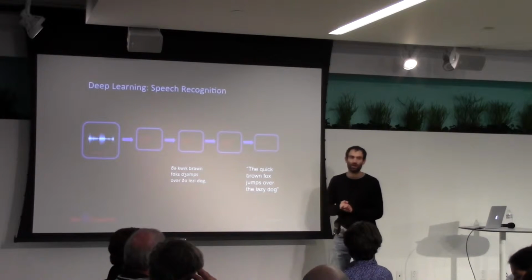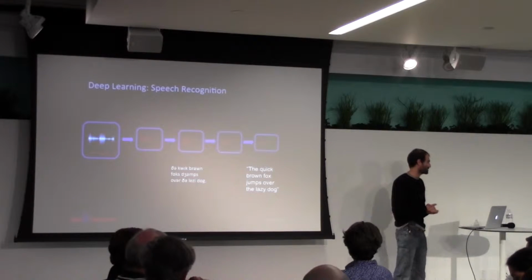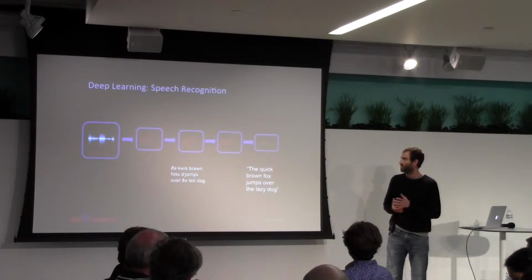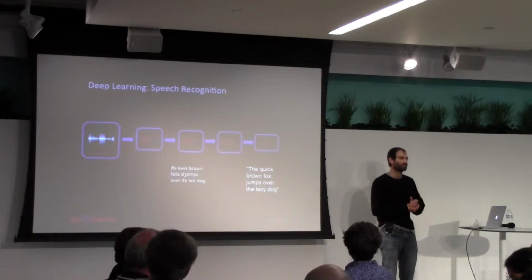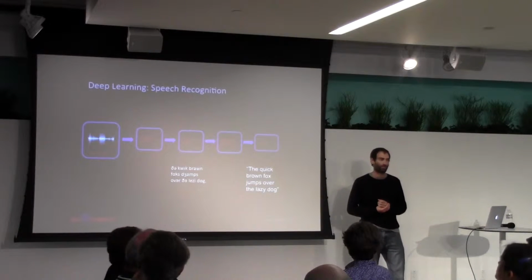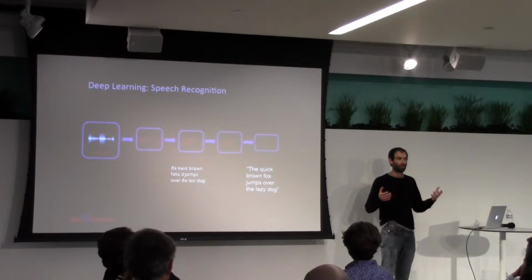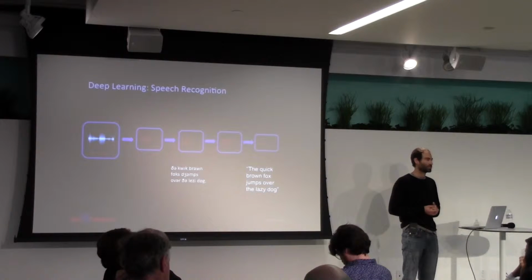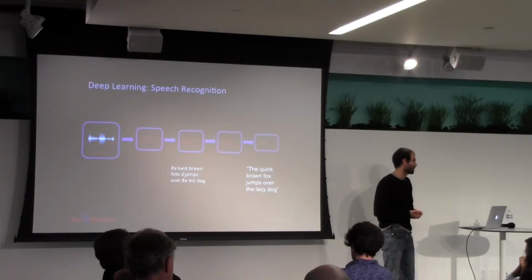The phoneme model can be as simple as a lexicon where you might look up a word and its corresponding phonemes, or it could be some statistical model. The phoneme model's job is to essentially say, given some predictions over phonemes, what words might be present. The phoneme model then feeds its predictions into the language model, and the language model's job is to assign to some string of words a probability. If those words are likely to co-occur together, it will assign higher probability. If they're not likely to co-occur together, lower probability.